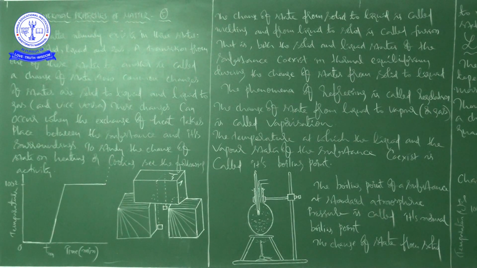You know already from lower classes onwards what is meant by change of state. Matter is available in three states: solid, liquid and gaseous. Generally we can observe that when the surrounding temperature is high, for example, ice cubes become water. Similarly, water becomes vapor when the temperature reaches 100 degrees centigrade. This is the usual observation.